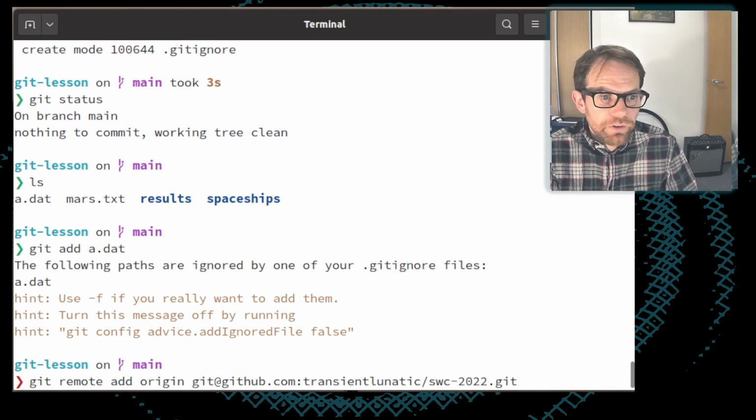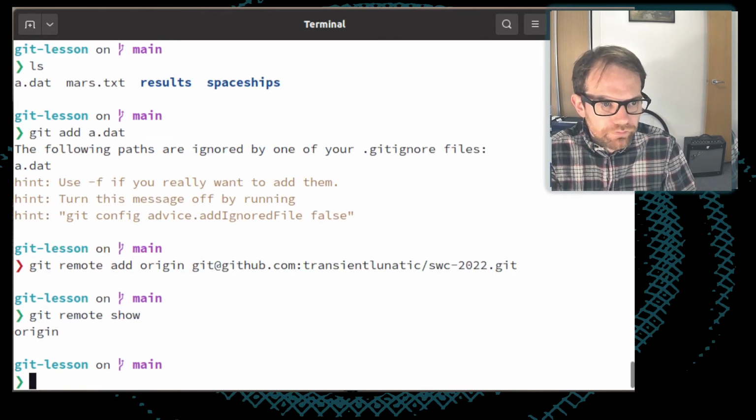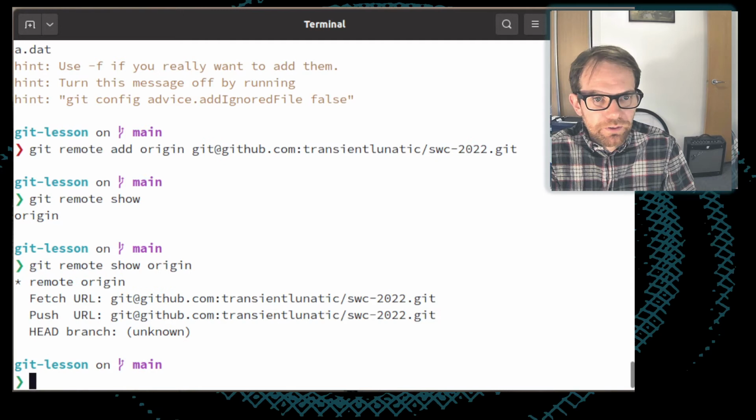Okay, and if I run this, it just happily runs, tells me nothing, but I can run git remote show. It'll show me that this origin exists. If I run git remote show origin, it'll think for a moment, and it'll tell me that that origin is a remote.